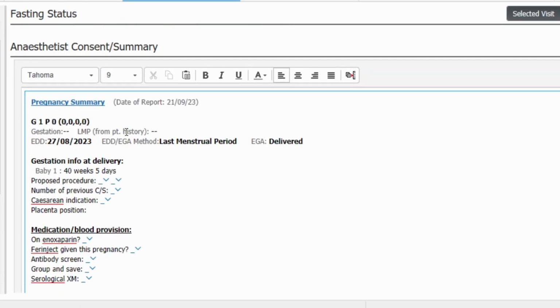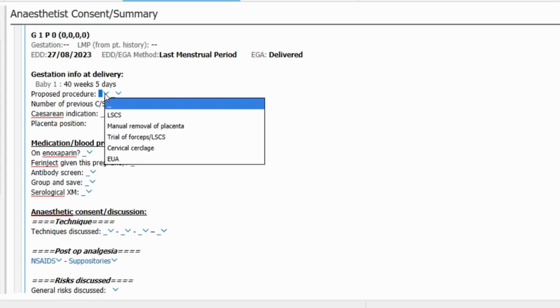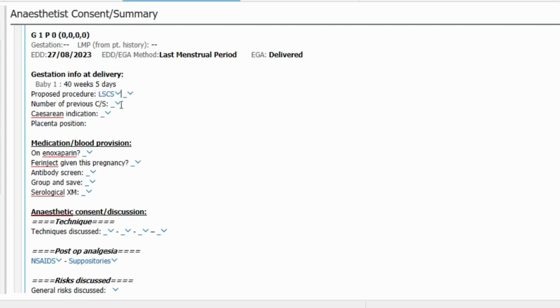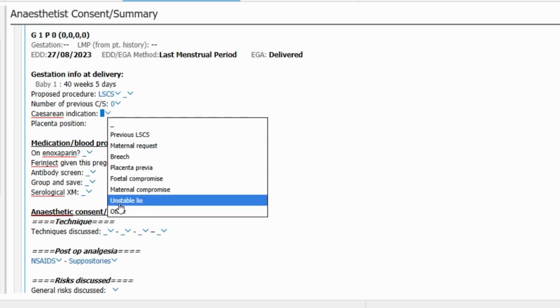The top part is auto-populated from the patient records, so it has pulled through that they're gravida 1 para naught. And if they have any more of these details entered, it will pull through. Some of these details are lacking because this is a demo patient. You're able to then document using this. So, for example, proposed procedure, say for cesarean section, any previous cesarean sections, indications,